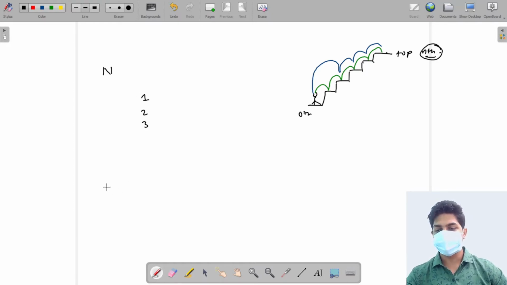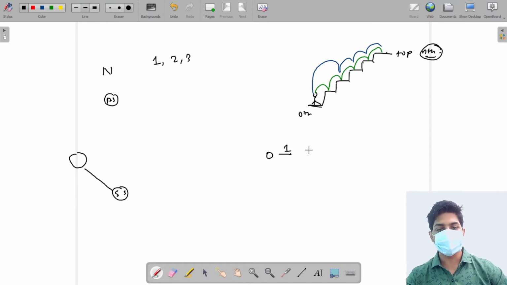Suppose this is the source station. I'm standing over here, and this is the destination station. Since I am allowed to take a jump of 1 unit, 2 units, and 3 units only, from the 0th step, if I take a jump of 1 unit, I can go to the 1st step. From 0, if I take a jump of 2, I can go to the 2nd step. From 0, if I take a jump of 3, I can go to the 3rd step. Apart from these three, I cannot go any further. So what I can say to person one is that I can come to your location, and you tell me how many ways there are from your location to the top.